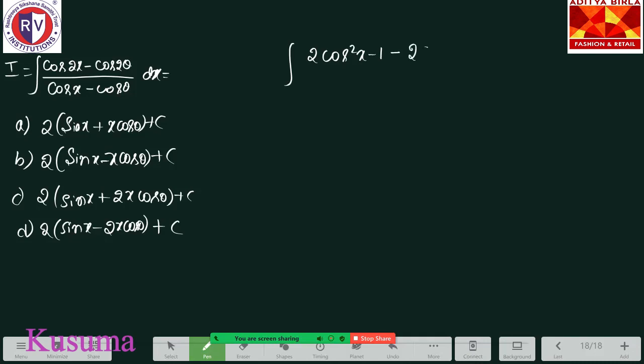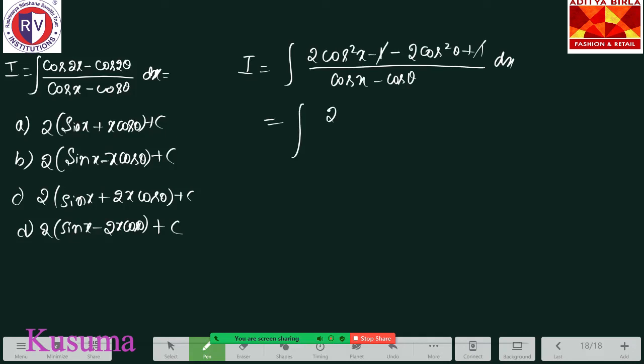That will be 2 cos square theta plus 1 divided by cos x minus cos theta into dx. So minus 1 and plus 1 will get cancelled. We will have 2 into cos square x minus cos square theta divided by cos x minus cos theta into